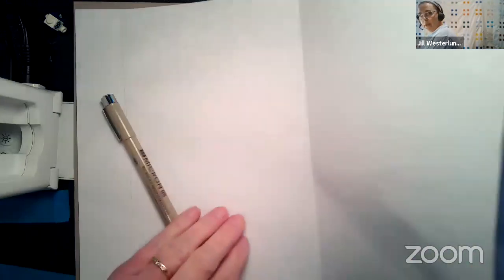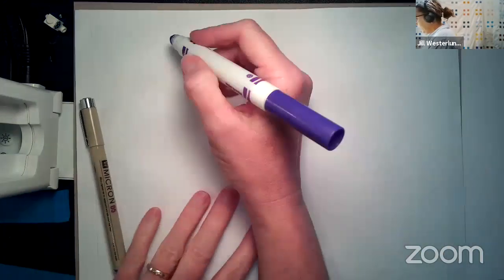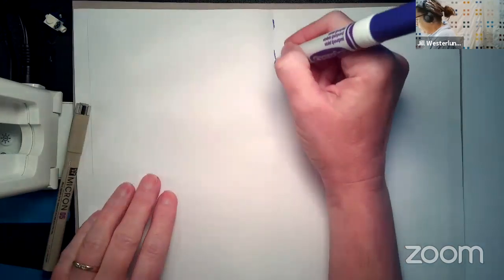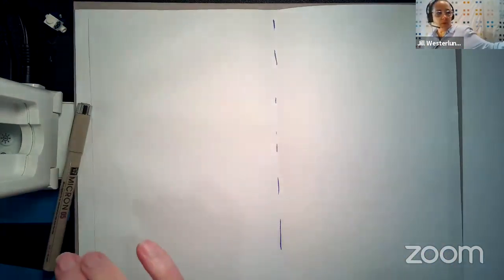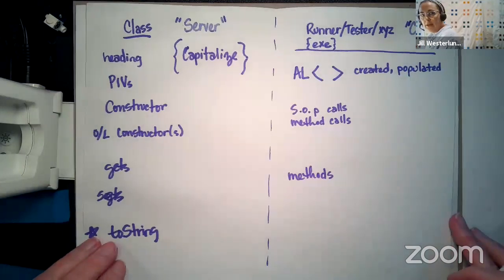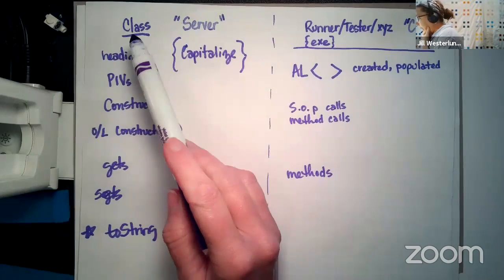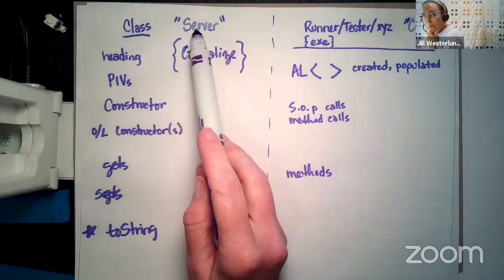And okay, so what I've done with my paper, for those of you if you can't see, is I folded my paper in half with a crease. And that's because I kind of want to use the left side of the page to show you. So this would be a hyphen. I want to use, and I made this already, so I'm not going to rewrite this because you don't need to watch me write, but I'll put it here and let you kind of look at it. I want to use the left-hand side of the page to represent our class or our server.